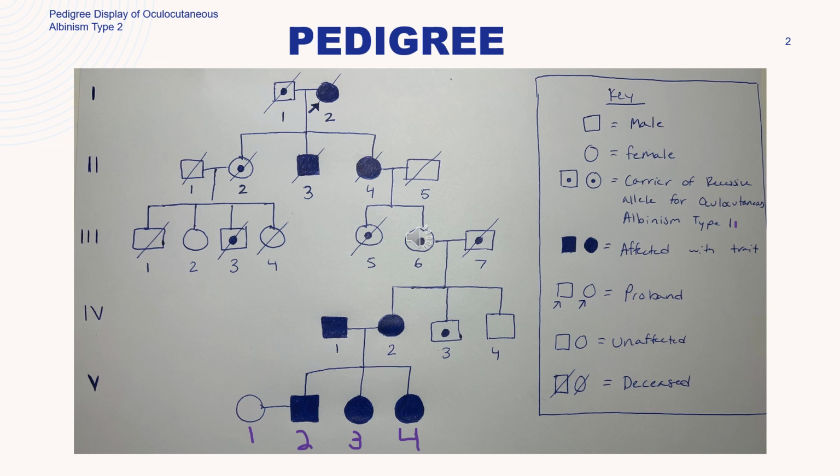So as you can see in the first generation, the male, who is individual 1-1, is a carrier of the disease, while his wife, individual 1-2, is affected by the disease. Her phenotype shows that she has OCA type 2, meaning that her genotype is aa. Since the male is a carrier, he has to have the genotype Aa, meaning he's heterozygous. Reproduction between this couple would have a 50% chance of a heterozygous genotype of Aa, and then a 50% chance of a homozygous recessive of aa. That would be